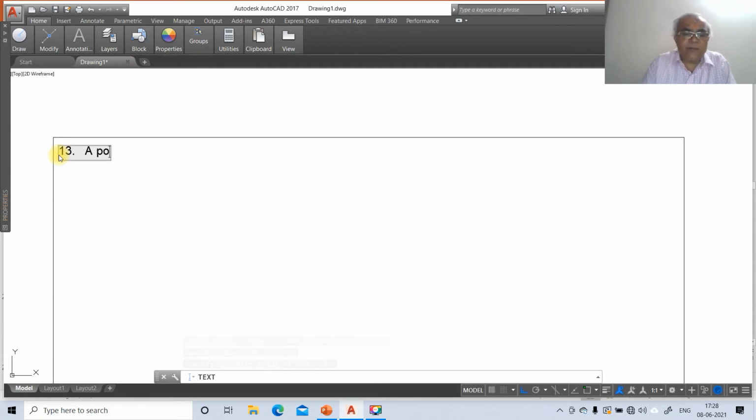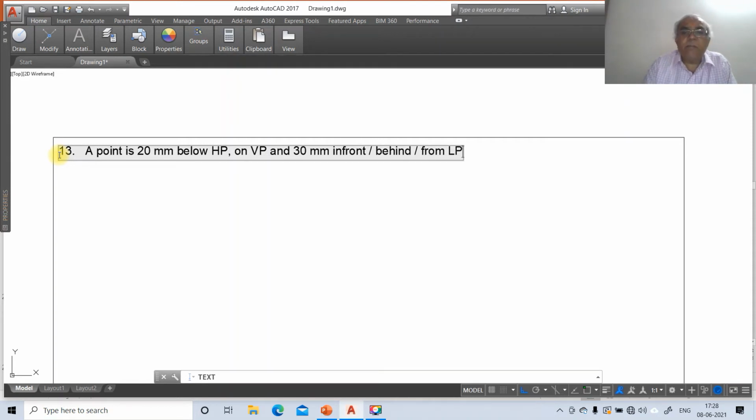A point is 20 mm below HP, on VP, and 30 mm in front of slash behind slash from LPP.